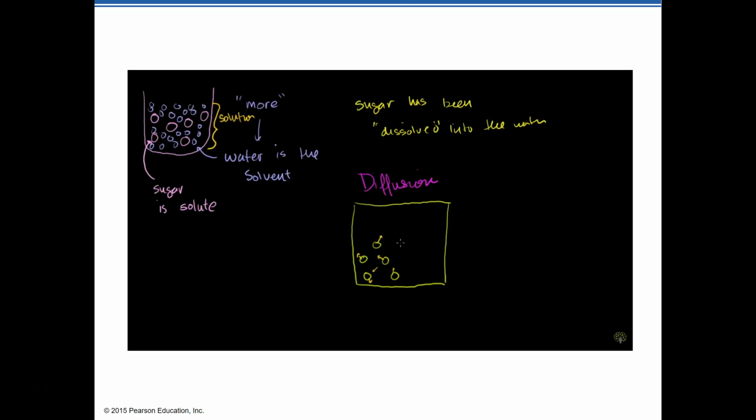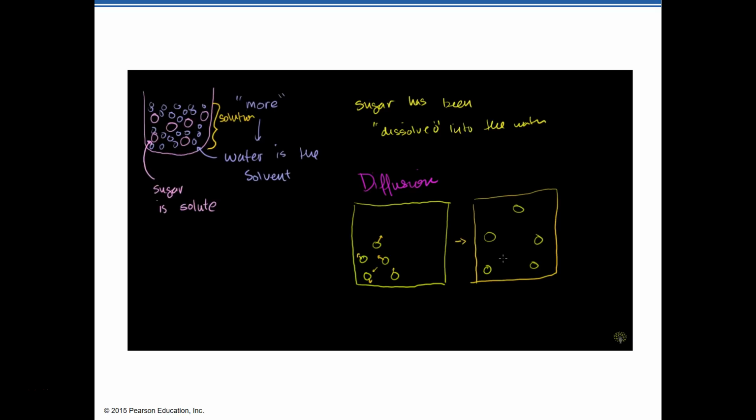Over time, if you just let this system come to some type of equilibrium, and I'm not going to go into detail on what that means, you can watch the thermodynamics videos if you'd like to see that, you'll eventually see the container will look something like this. I can't guarantee it. There's some probability it would actually stay like this, but very likely that those 5 particles are going to get relatively spread out.